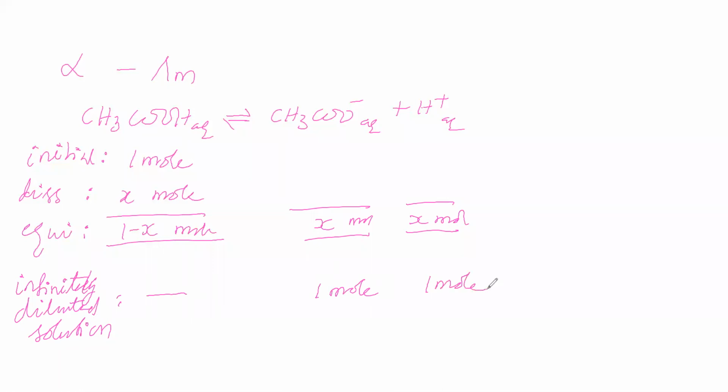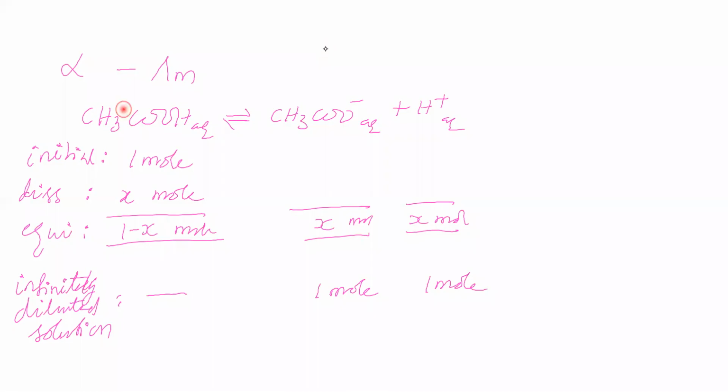Now see this point. Acetic acid you have taken, you have dissolved in water, so you got an aqueous solution of acetic acid. You are taking initially 1 mole of acetic acid, and it undergoes dissociation of x moles. It is a weak electrolyte and undergoes partial dissociation, so x moles dissociate, and 1 minus x moles remain at equilibrium. When x moles dissociate, x moles of acetate ions and x moles of H plus ions are produced.